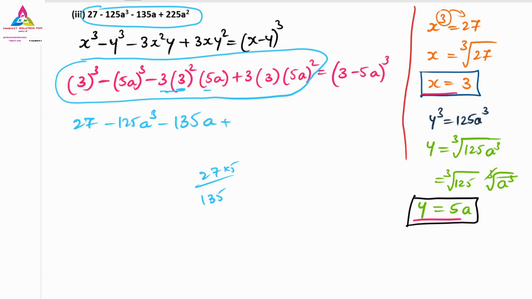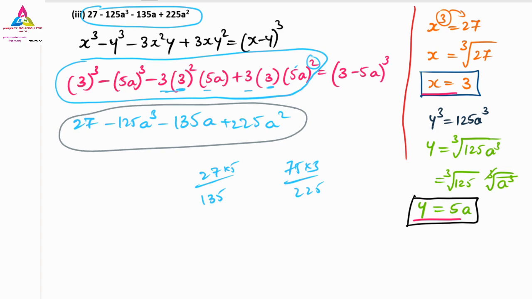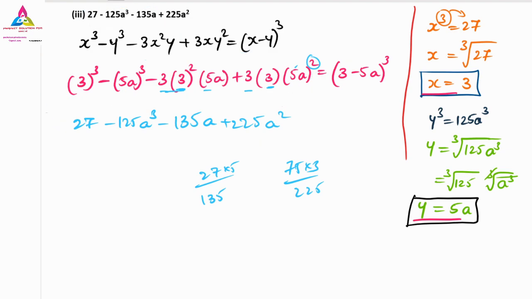So here we have square for this 5, so 5 square is 25, 25 into 3 is 75, 75 into 3 is nothing but 225, so 225 a square. So just go through this final answer, and the answer they have given. Whether both are similar? Yes, both are similar only. So we got the correct verification.